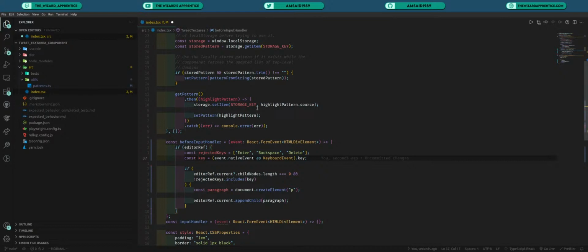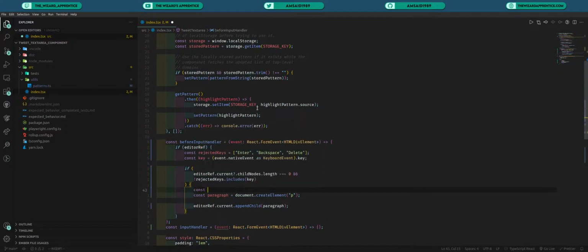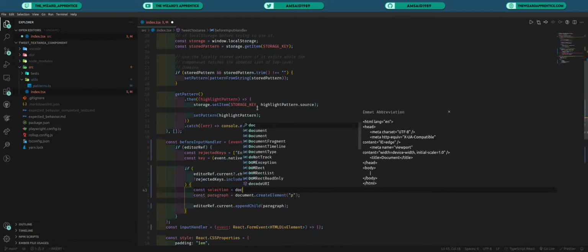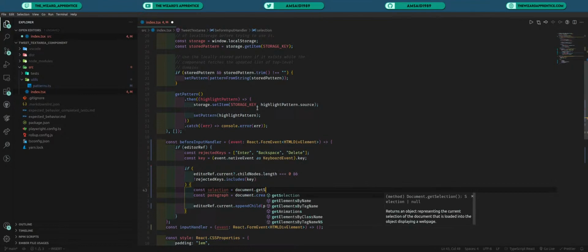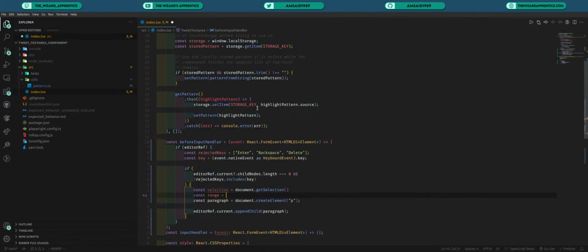This is where we're going to start getting into the range object, and we're going to have to... in this case, I think what I need to do is const selection equal document.getSelection, and then const range equal selection.getRangeAt(0),